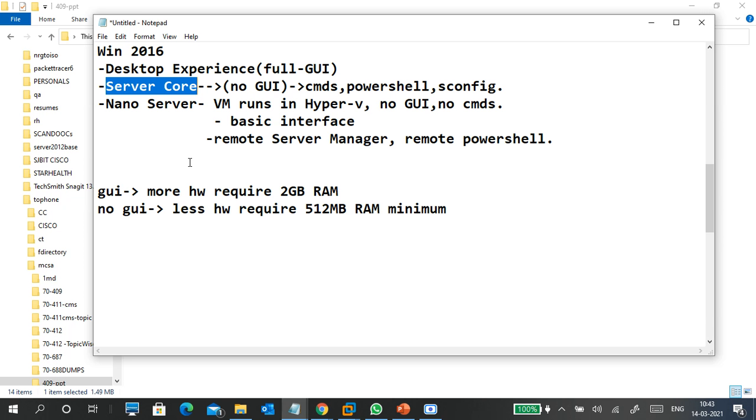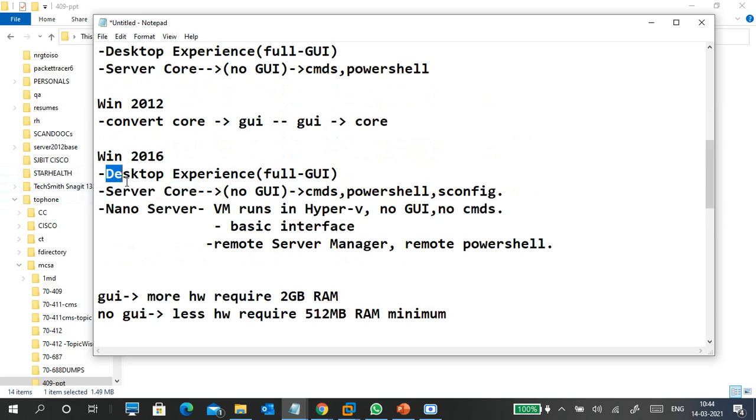We can't make it a domain controller, but we can make it a member of the domain, and you can install particular services like web services, file services, and storage services, like managing iSCSI, file services, and FSRM. So there is a certain list of services that we can use in a nano server, so we can limit it. Okay, so these are the different editions introduced in 2016.